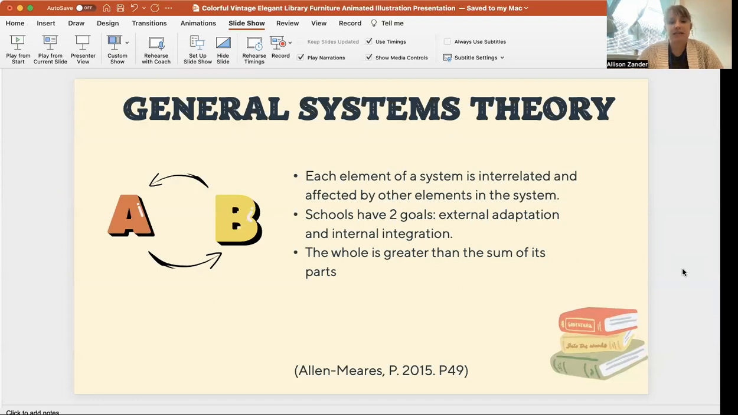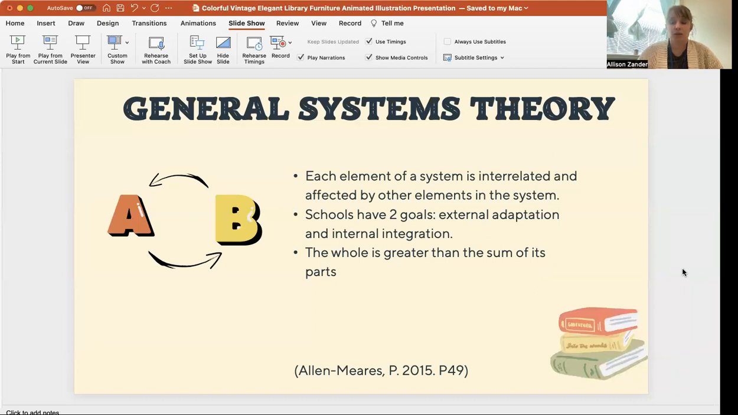General systems theory is the idea that every element within a system is interrelated and impacted by every other element. There are several ways to demonstrate this, but within a school setting, schools have the goal of adapting to external factors, policies, society, the goings on of the world around them. And then also internal integration. So, what does that mean for them? Sustaining day to day activities, and also taking the outside information and implementing what they need to prepare their students